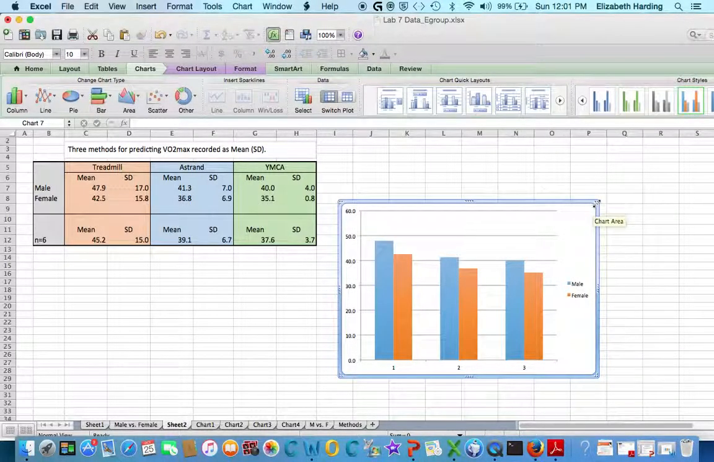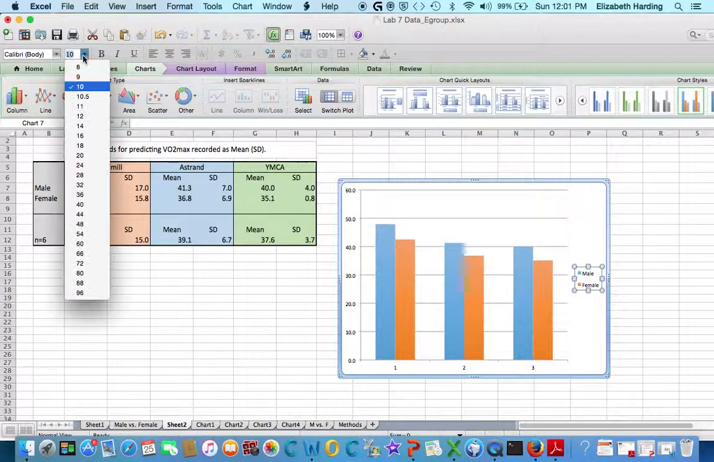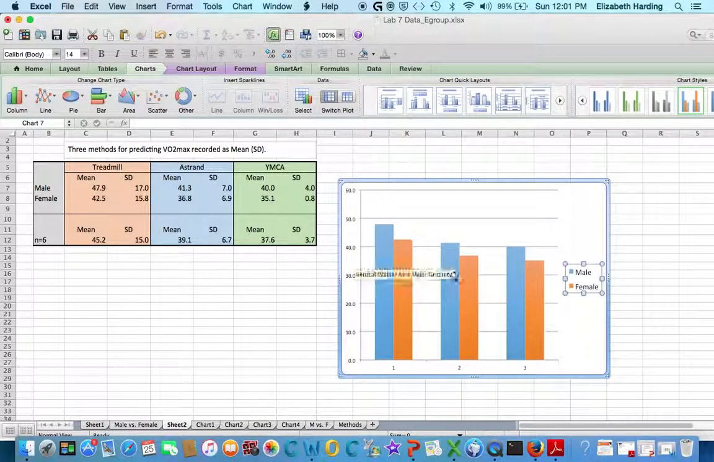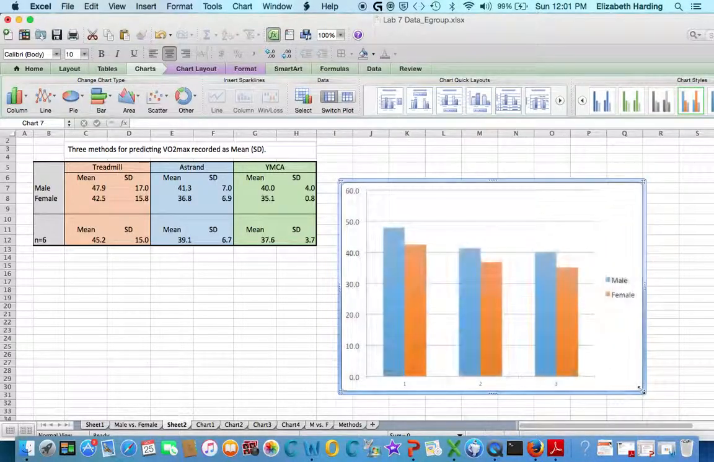All right, so now I have blue is male, orange is female. And let's go ahead and make this just a little bit bigger. All right, so now, of course, 1, 2, and 3 tell me nothing, so I can fix this a few different ways. I can go in after the fact, add a text box, but I think what I'm